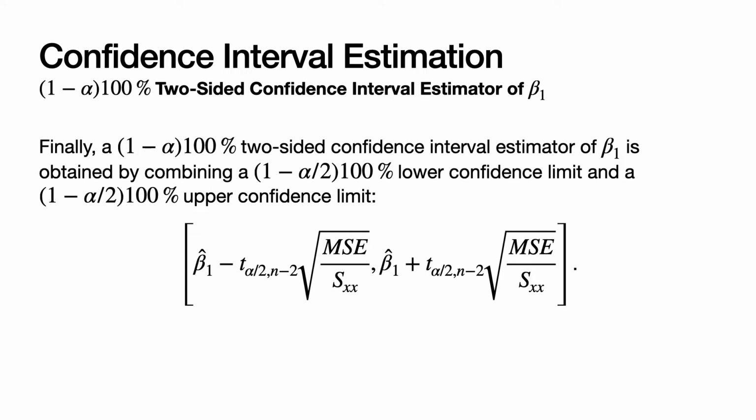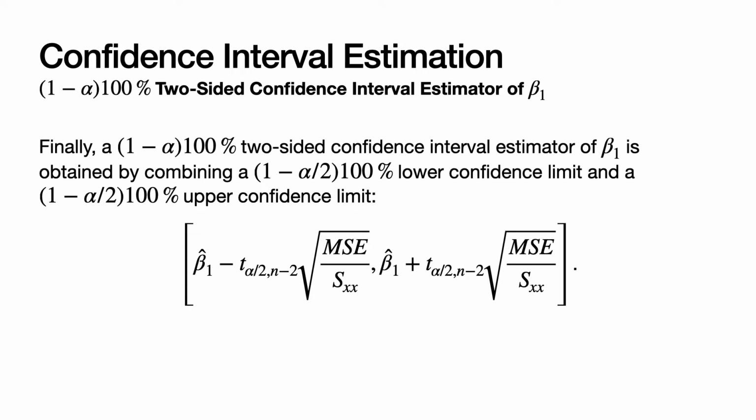And then finally, a 1 minus alpha times 100% two-sided confidence interval estimator of beta 1 is obtained by combining a 1 minus alpha over 2 times 100% lower confidence limit for beta 1 with a 1 minus alpha over 2 times 100% upper confidence limit for beta 1. And so you see the expression for the two-sided confidence interval here. It's beta 1 hat plus or minus the interval coefficient, which is the t-value, times the square root of MSE over